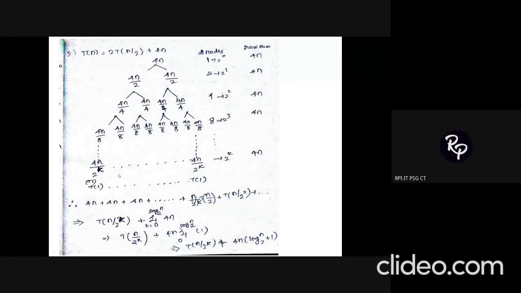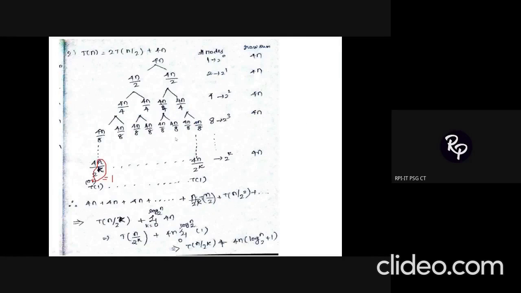So here the substitution we are going to do is n divided by 2 power k. So this 4 you can ignore because it is going to be a constant. So n divided by 2 power k alone, this part alone we are going to take. So this part you can assume to be 1, and finally you will be getting the k value as log n to the base 2. Same calculation only.